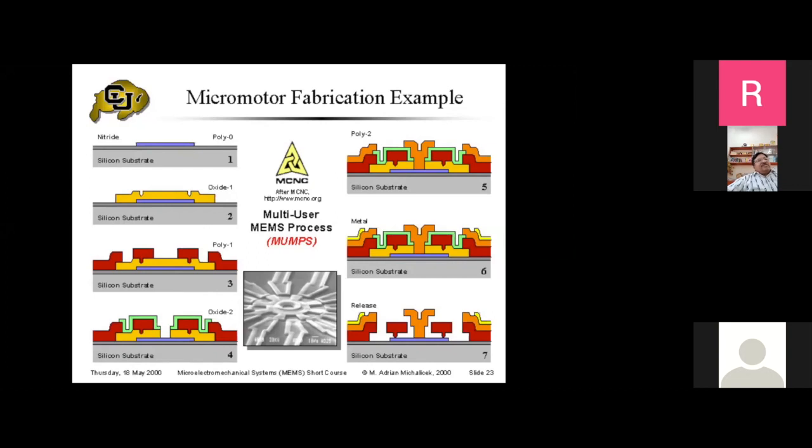Let us look starting with the first step. You start with a silicon substrate, a thin layer of poly on top of that. In this particular case, it is not a moving medium, but it provides adherence for the other layers. And then you have a nitride layer on top of that. And then in the second step, you see that there is an oxide layer coated on top of this. The yellowish one is the oxide, and 2 dents are also seen there. Using lithography, you make 2 dents. So those are the places where the motor will be held.